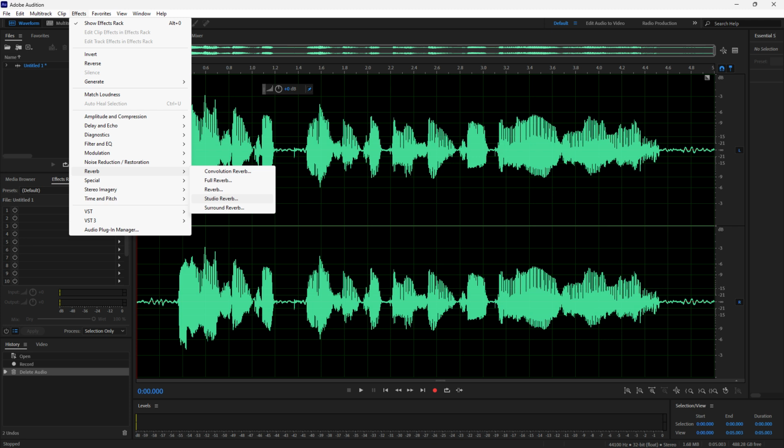Another method, add creative voice effects. Now that you've enhanced the basic quality of the voice, you can add creative effects to achieve various sound designs. First is reverb. Reverb adds a sense of space and depth to the voice, making it sound as though it's in a different environment. To do this, go to the Effects, Reverb,